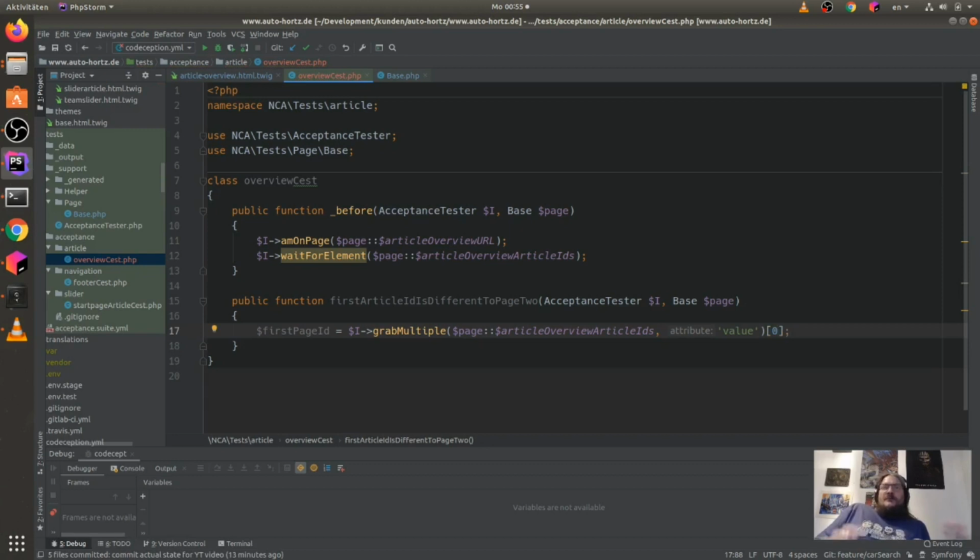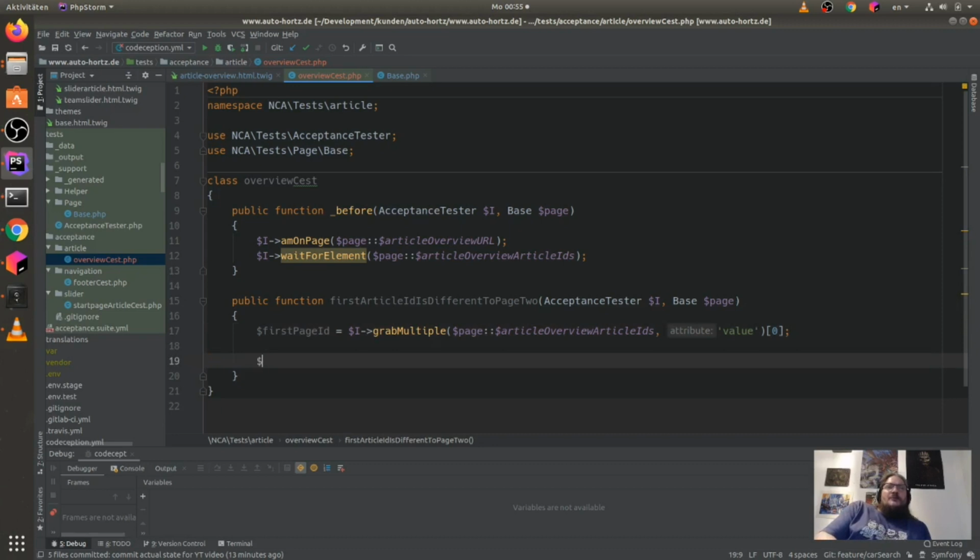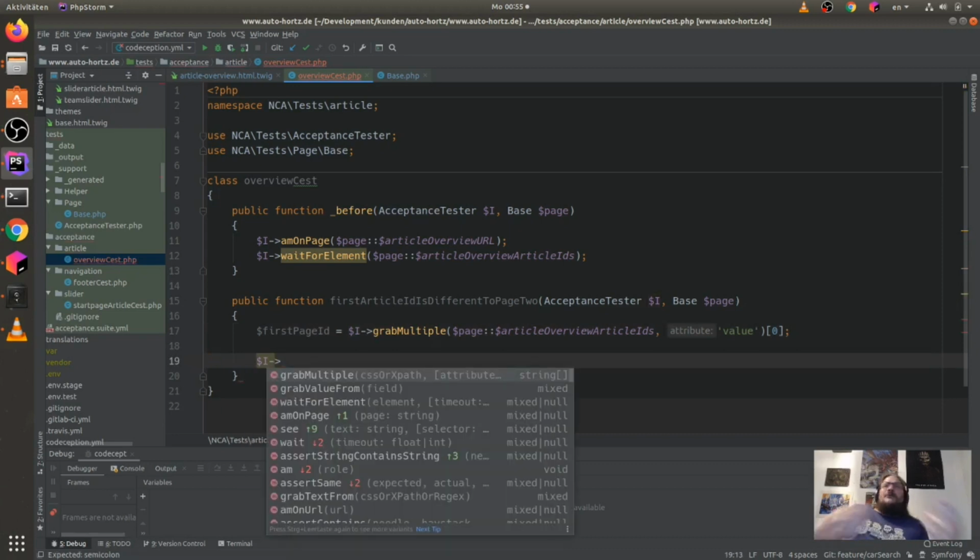So with a bit of luck, this will be our first page ID. Now I have to go to the second page. I can do this in the URL.